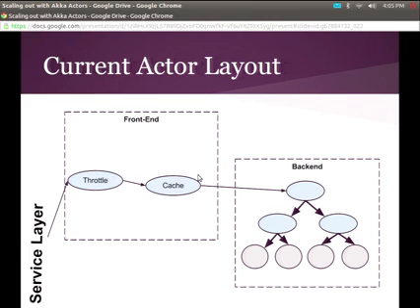We have a front-end portion in Akka. We have a back-end portion. These are actors. So we get a search query coming into a throttler. The throttler decides, is the system in a healthy state or not? If the system's healthy, it sends it on to a cache. The cache says, do I already know what the result of this query is from the past X minutes? If so, return that immediately. And then we go to our backend, which is classic scatter gather. We send our query down a search tree, look at topics, return responses, aggregate them together, send back the query response, and update our cache and our throttle metrics as appropriate. That's what our actor system looks like.